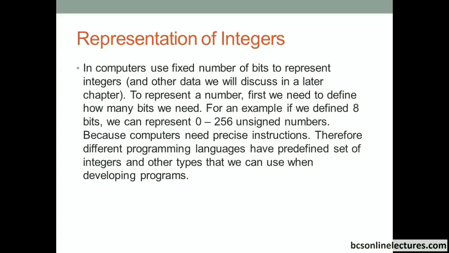Therefore, different programming languages have a predefined set of integers and other types that we can use when developing programs, right? Because of this limitation, that we can represent only a limited number of bits, we need to understand this first. Then within that limitation, we need to represent data, right? Data means numbers, right? Because of this, when we do programming, we need